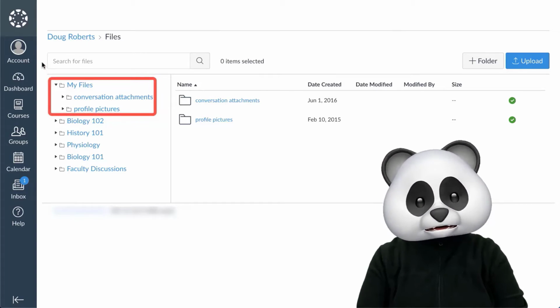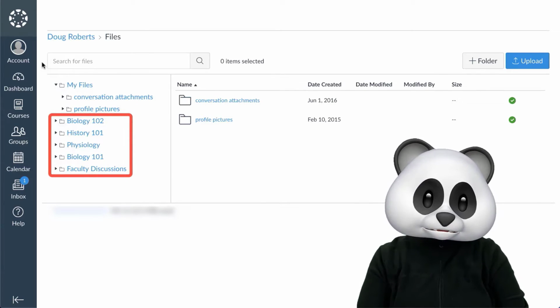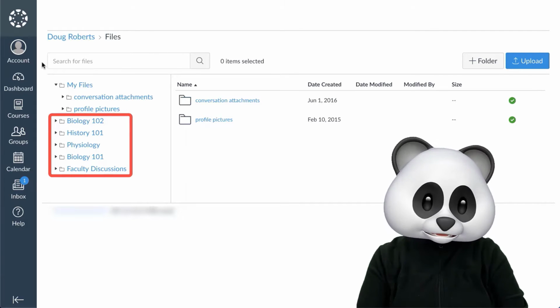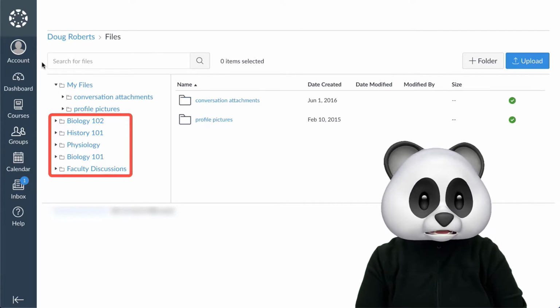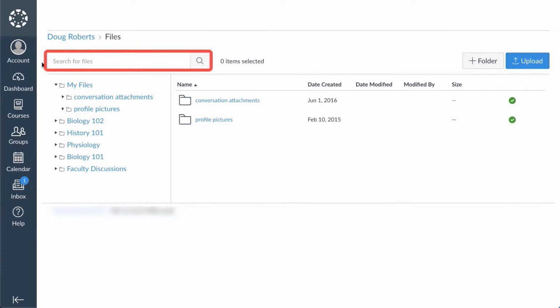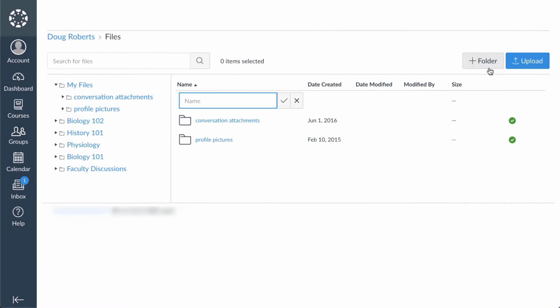Organizing and maintaining electronic files among multiple courses can be a daunting task, which is why Canvas offers a variety of storage, access, and accessibility options to help keep your digital paper trail under control. Each Canvas course has a separate storage space that can hold up to 1 gigabyte of files, which can include documents, presentations, images, and recorded media.